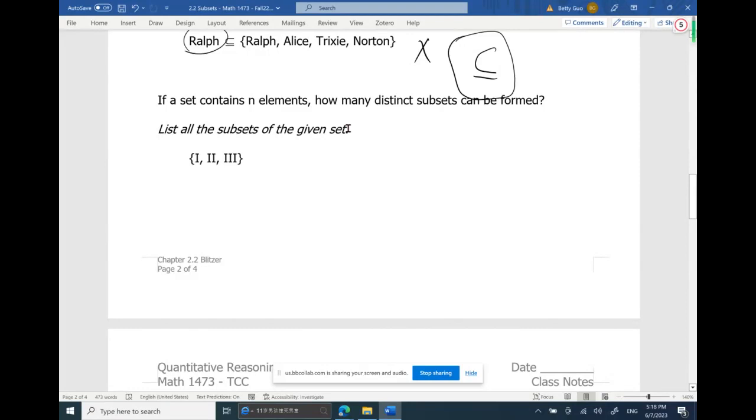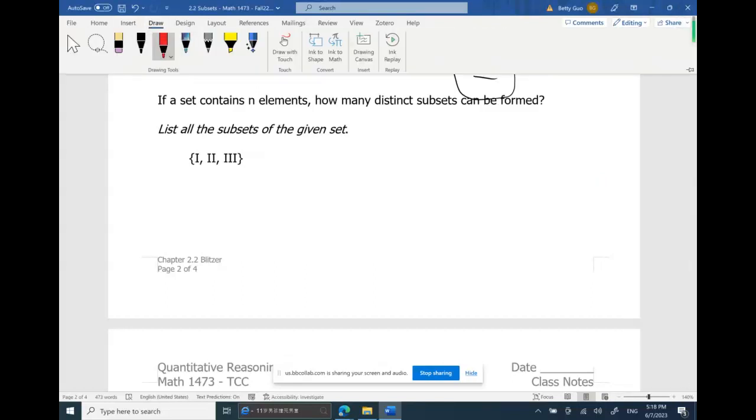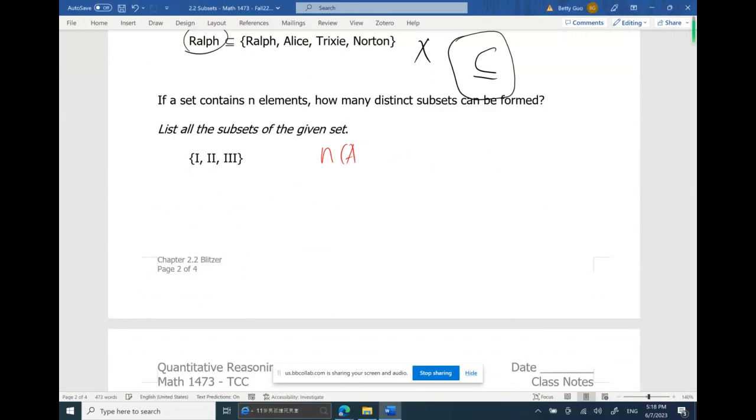If a set contains n elements, how many distinct, different subsets can be formed? List all the subsets of the given set. We have a theorem here, all right? So if the cardinal number of a set, let's say the set A, is n, then A has exactly 2 to the power of n different or distinct subsets,